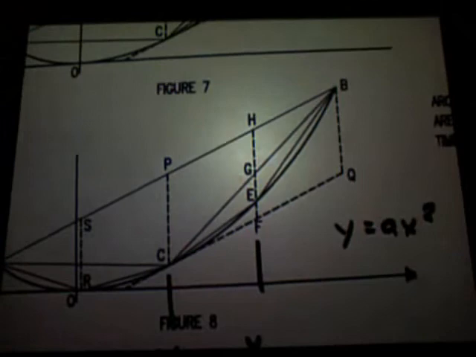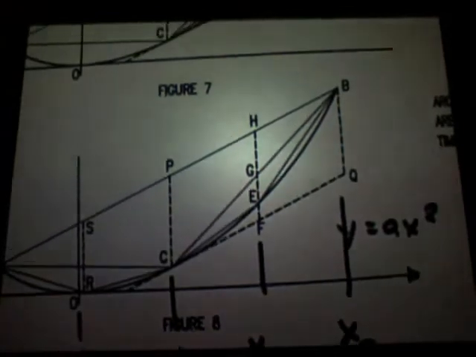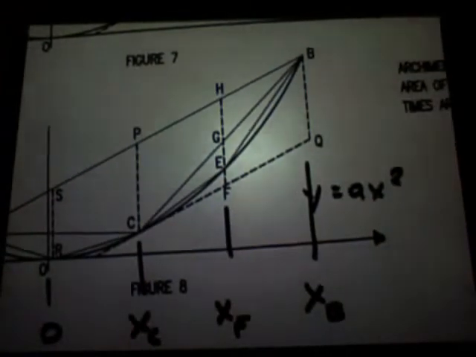And remember, these are ordinates here. The assumed equation of the parabola is that. So this is x sub c. This is x sub f or x sub h or x sub e or x sub g, whatever you like. It's the same one, right? And this one is x sub b or x sub q. And this is 0. All right. That's it. So he goes ahead and calculates